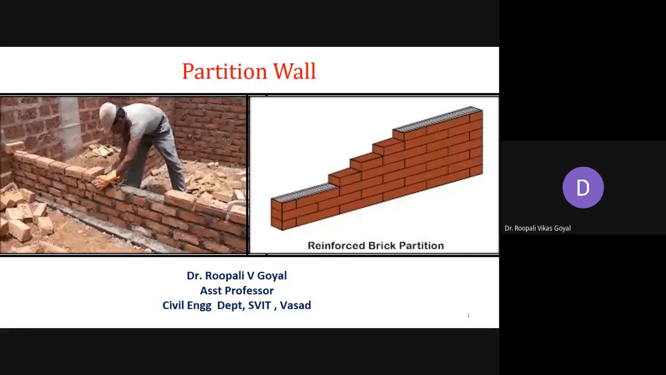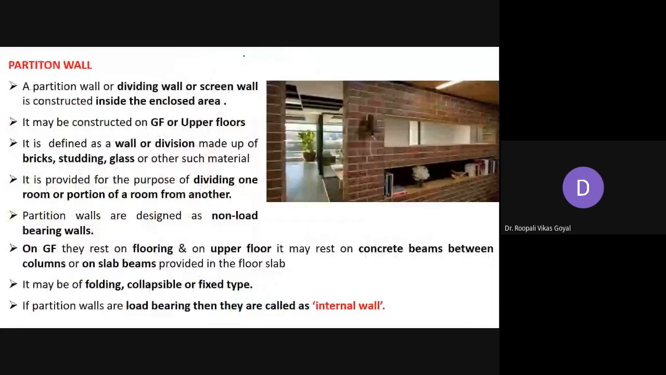So we are going to discuss now this partition wall. As the name suggests, we have to make some parts. So we have to divide some room into a different number of parts. So that is the simple meaning of partition wall. Basically, this partition wall is also called a dividing wall or screen wall, and it is generally constructed